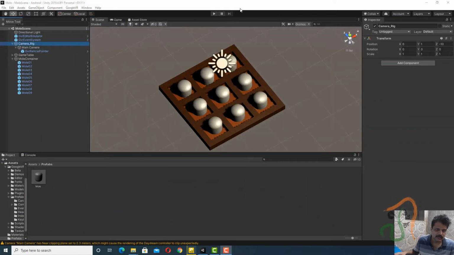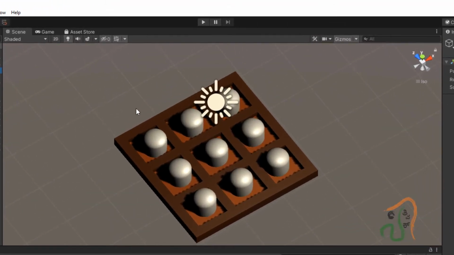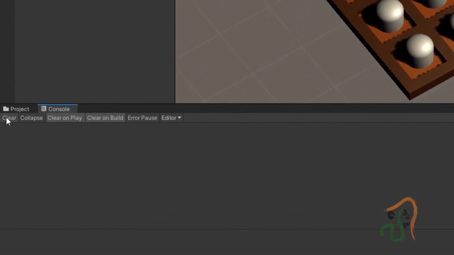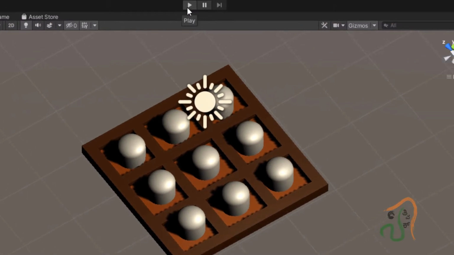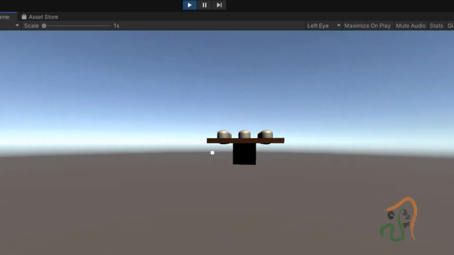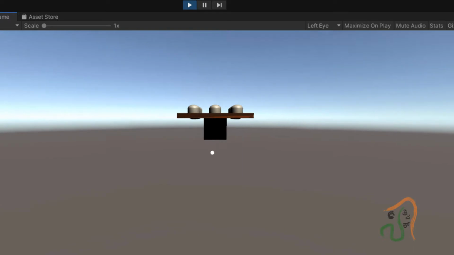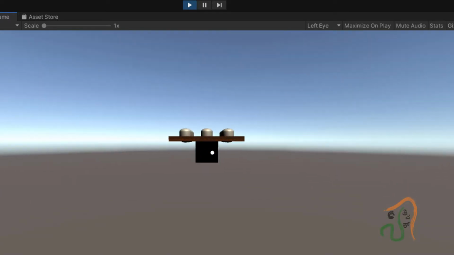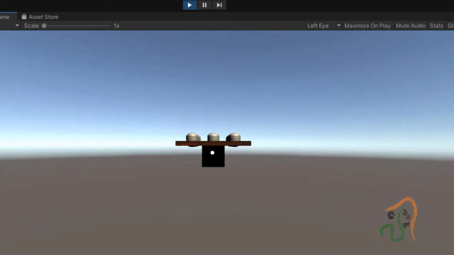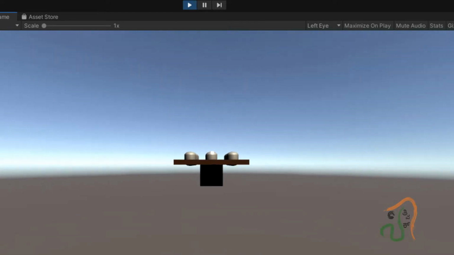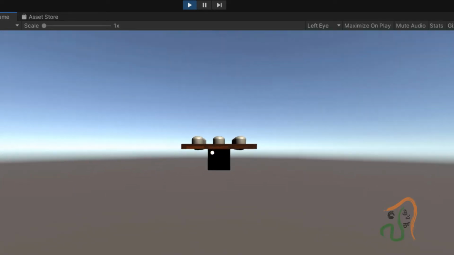So if we come back to Unity, you can see here this is the table and the molds that we have created. Now to test this, in the console window you can clear everything. Click the play button. Now you can see the mole is appearing very far. We cannot see it clearly with the default camera that we are using, because the camera is at y 1 and z minus 10. It is at a distance of 10 units.